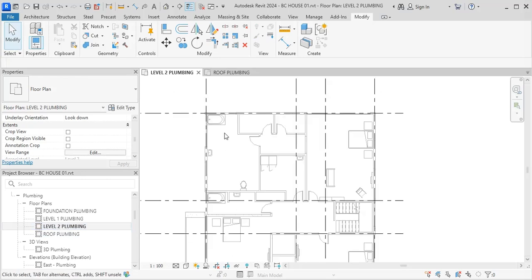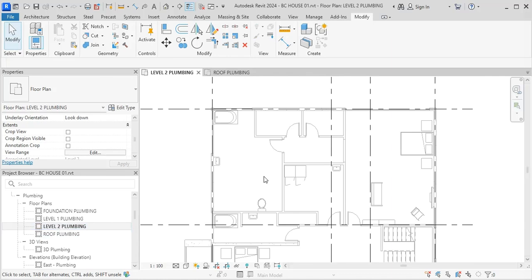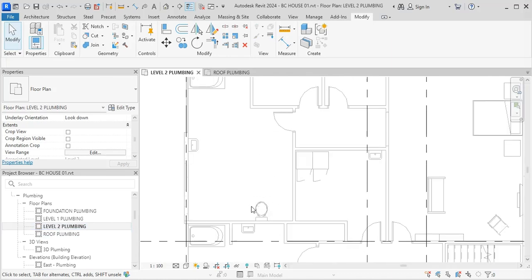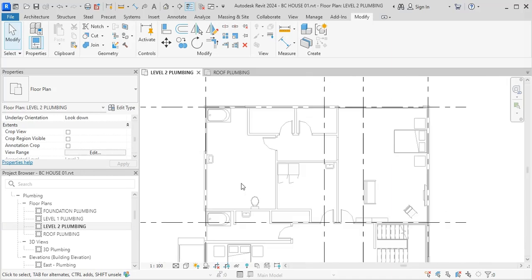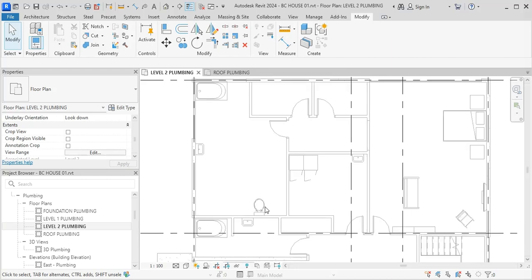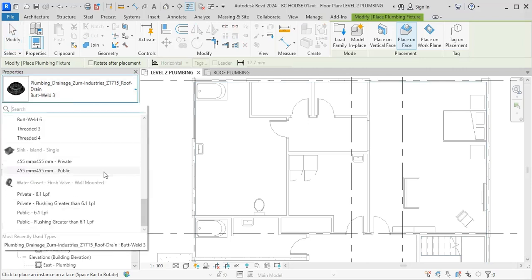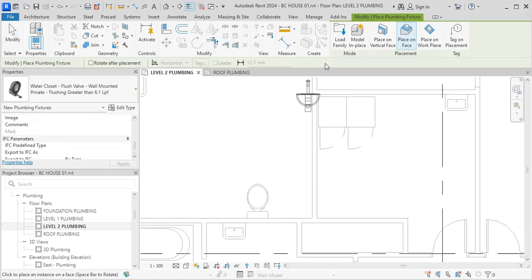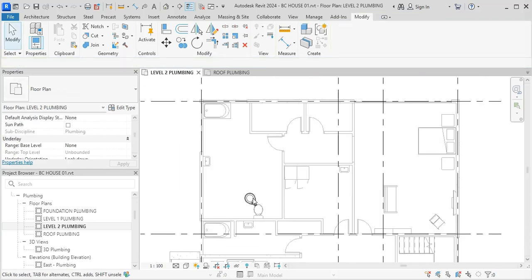Level 2 plumbing. Now we have plumbing fixtures, but they are just showing in the architectural model. They are not showing in our plumbing model, so I can't select them. I can't draw piping from them. We have two options. We either press PX for plumbing fixtures and then search for some water closet and then place on vertical face, and then I will place it over the architectural model. And the other option is